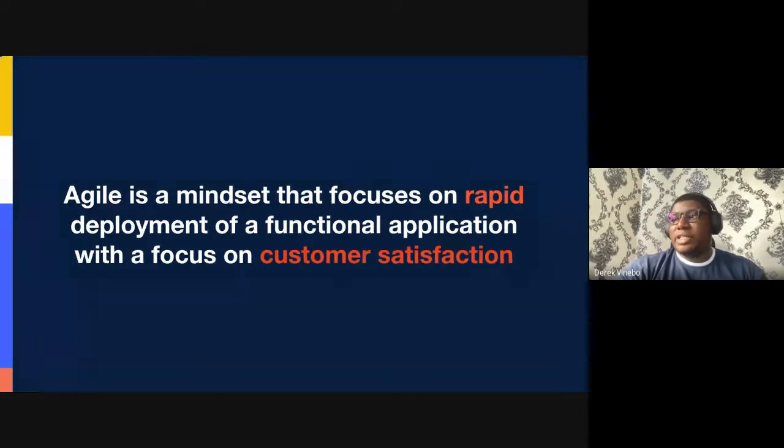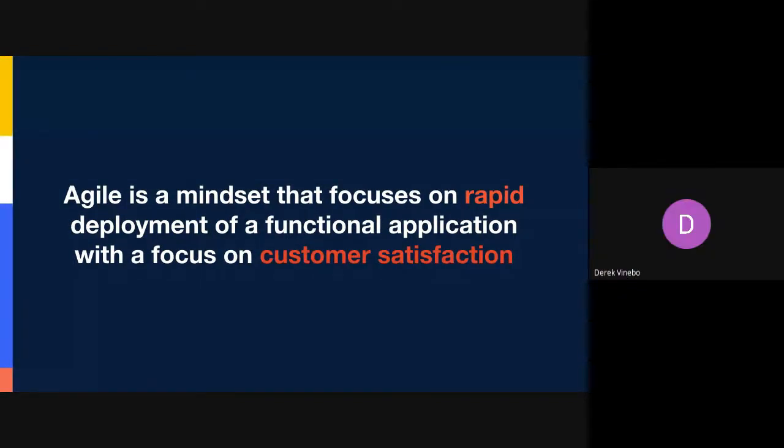Now, let's talk about Agile. Agile is a mindset that focuses on